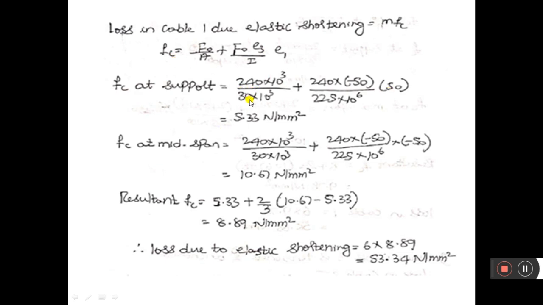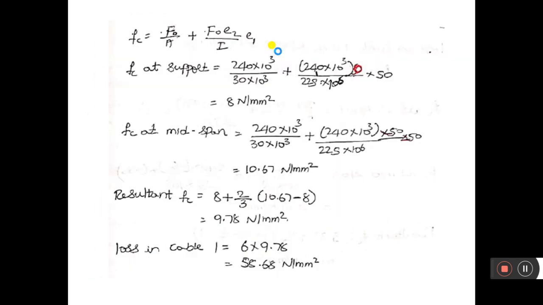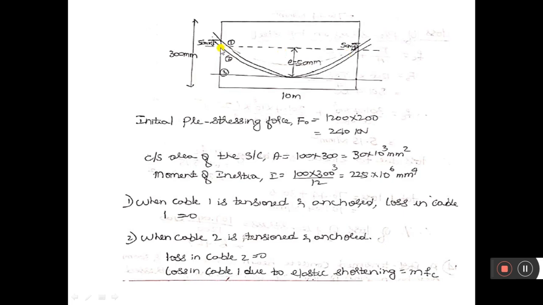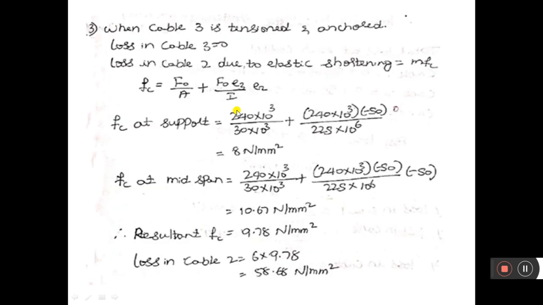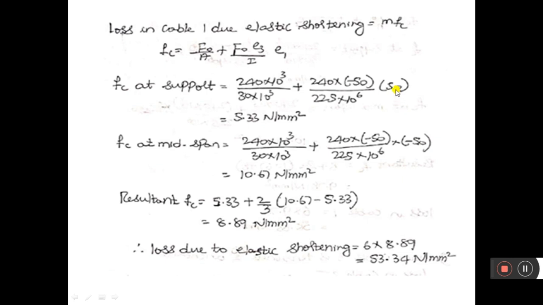So F naught by A, substitute the values of F naught by A, F naught by I, and E3, eccentricity of cable 3 at the support, is minus 50. E1, eccentricity of cable 1 at the support, is plus 50. It is above the centroidal axis and so it is plus 50. Therefore, Fc, compressive stresses in the concrete due to eccentricities at the support, is equal to 5.33